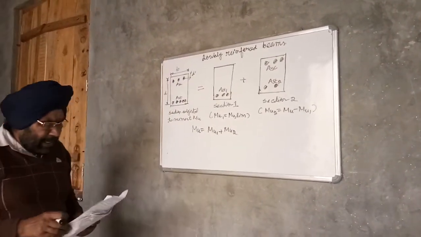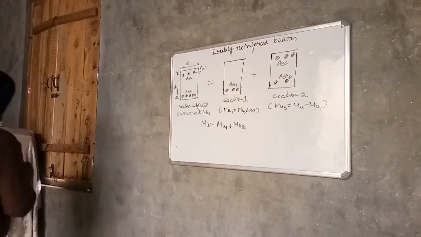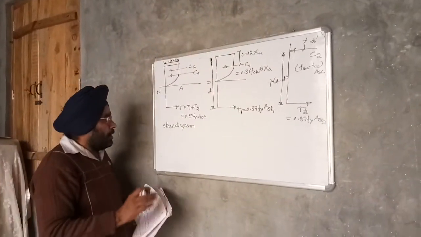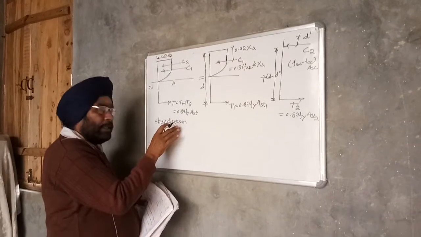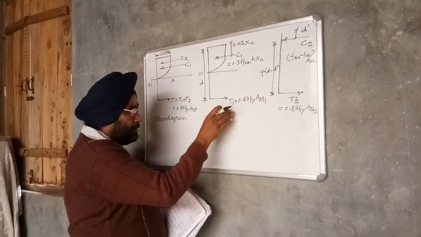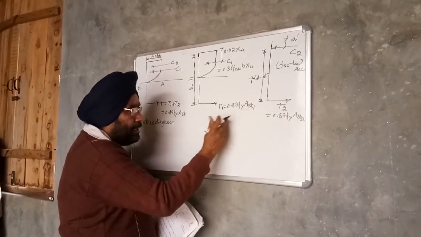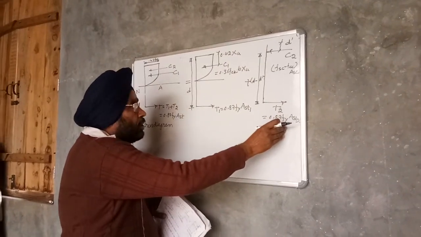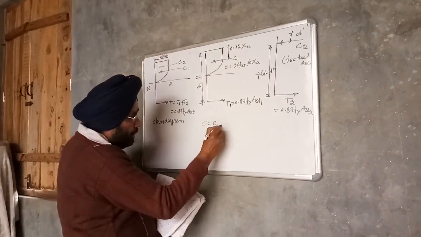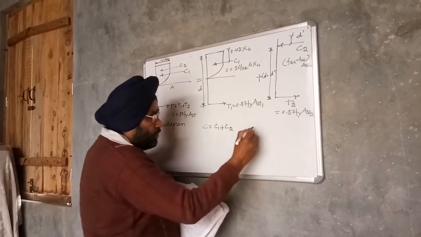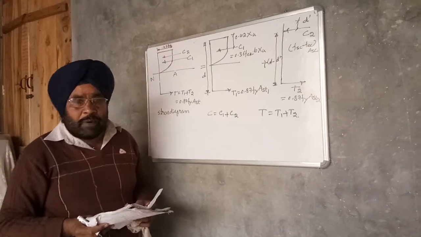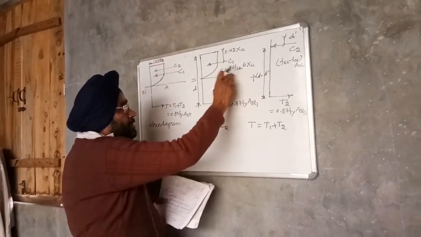The stress diagram for this beam section is shown here. It consists of two stress diagrams: this one corresponds to section 1, and this one corresponds to section 2. C is the total compressive force, so C is equal to C1 plus C2, and the total tensile force T is equal to T1 plus T2. C1 is the compressive force provided by the concrete, equal to 0.36 fck b xu,